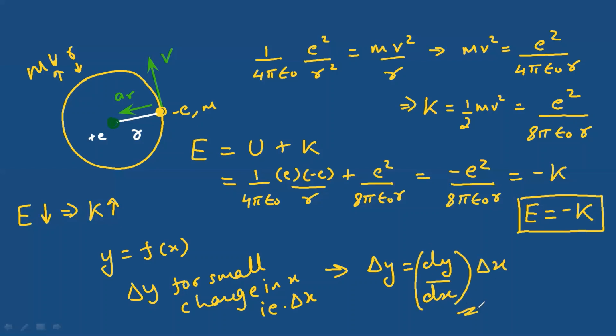You could use this. Okay, where am I going to use this? I could use it here because dE by dt is given to me. Okay, so I need to find, see, if E is equal to minus K, I could say that dE by dt is equal to minus of dK by dt. Okay, I could use this, and I'm supposed to calculate the energy lost, or the change in kinetic energy in one revolution. So here delta x in this case is time, delta t. All right, so let's look into it.